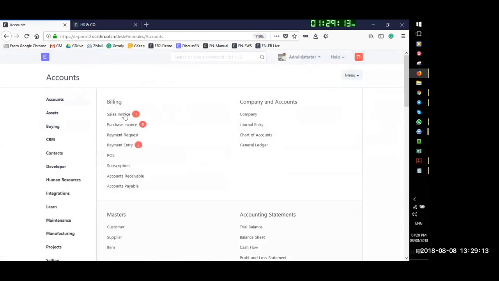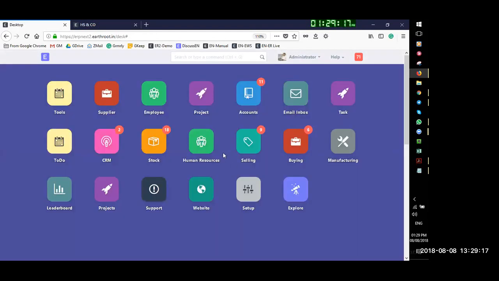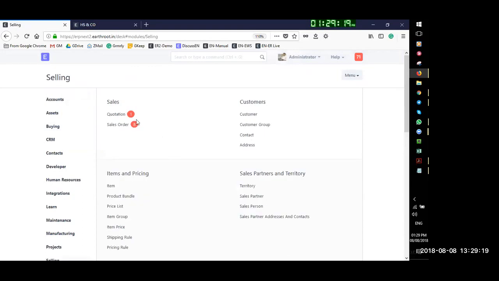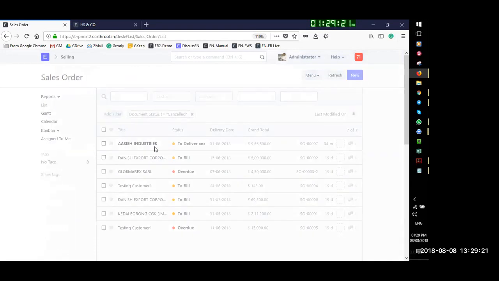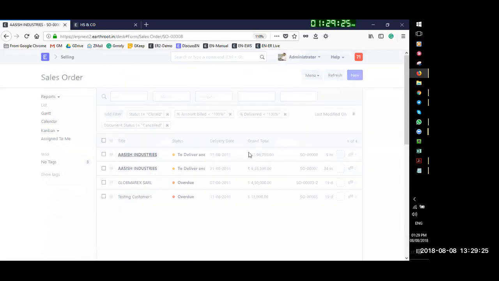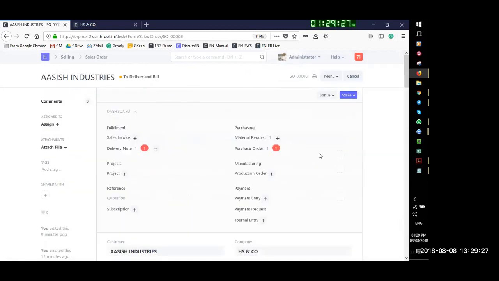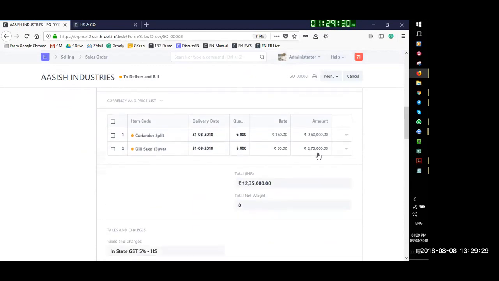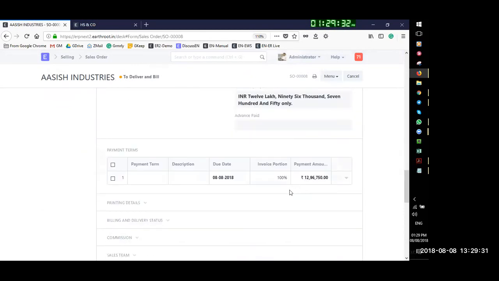Now I'll go back to my selling module. I have a sales order. Now I have the additional quantity. So if I go to Ashish Industries, the sales order number 8, if I notice here, it